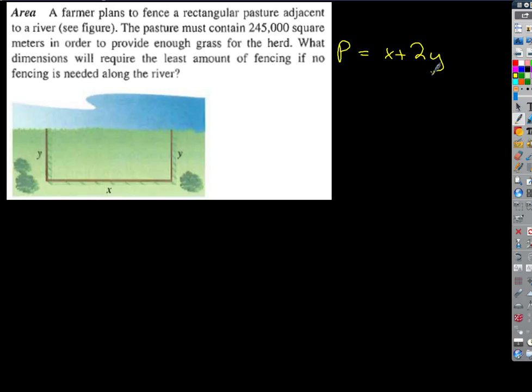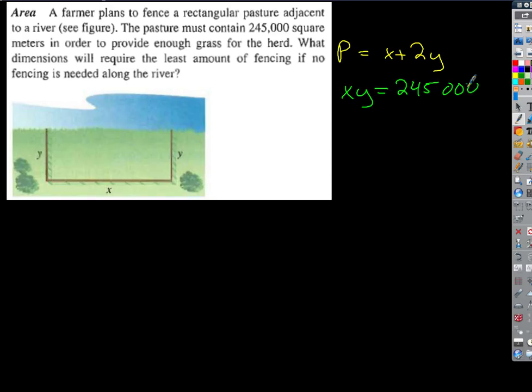How many independent variables? 2. Okay, so what do I need? A secondary equation. So x times y is the area. Okay, we have an area, right? The area is given to us. Remember, the secondary equation has to be a constraint, has to give us a number that limits us, and there's the number that limits us. So xy equals